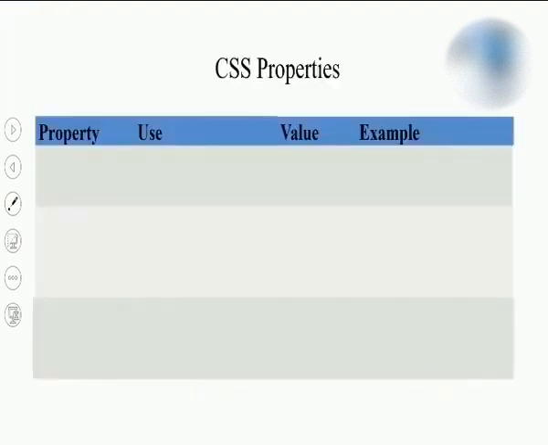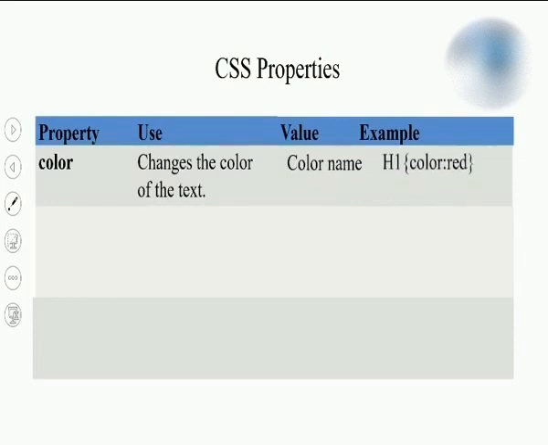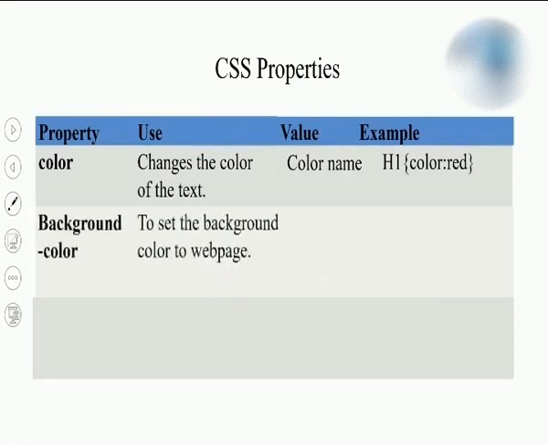So let us learn more properties of CSS. Which are the properties you are going to make use of here? Color is a property to change the text color. If I want the heading color to be red, I will simply write h1 color red. Students, do remember that it's not font-color. It's simply the color property to change the text color. Background-color will change the background color of the web page, or it can be the background color of the paragraph also. Here in this case I wrote body, so that's why the background color for the web page will be applied. If I wrote it for the paragraph, it would change the background color of the paragraph.